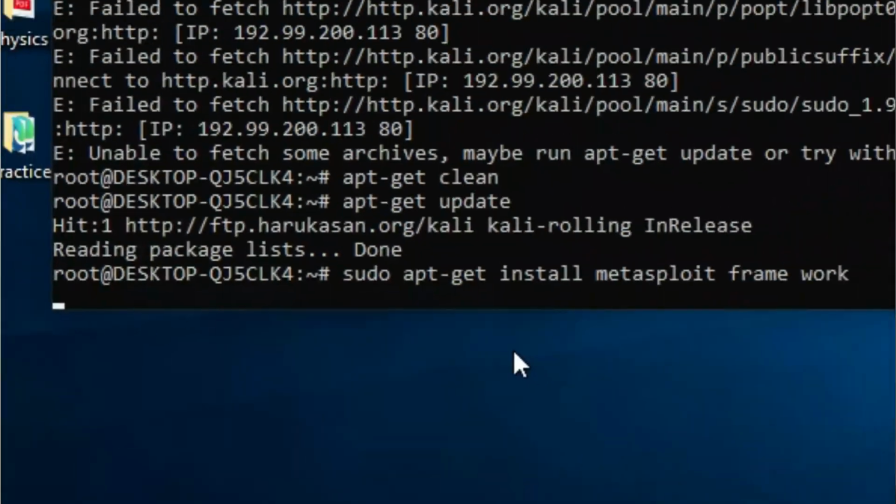When you type this command, it will automatically start downloading this file and all the tools that are required will get downloaded for your need. Whatever they are, you can select all and you can easily proceed with your work and easily do all the process that you need to do. So you can do that.